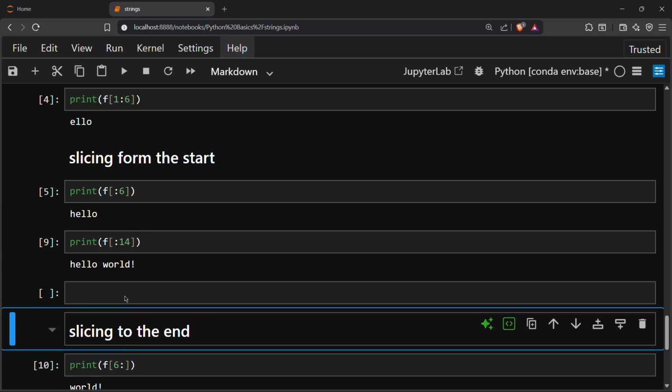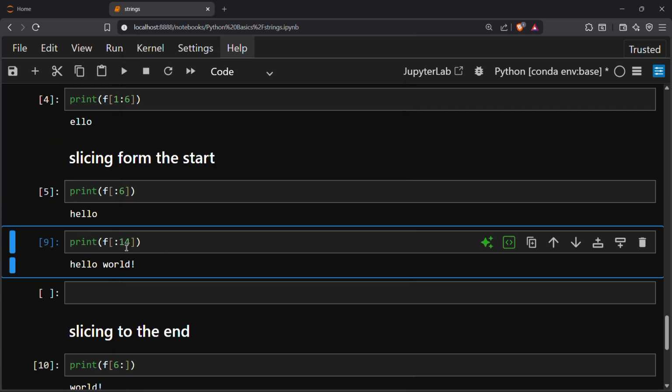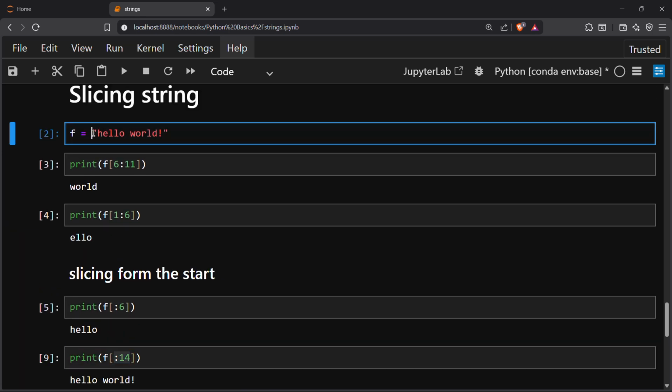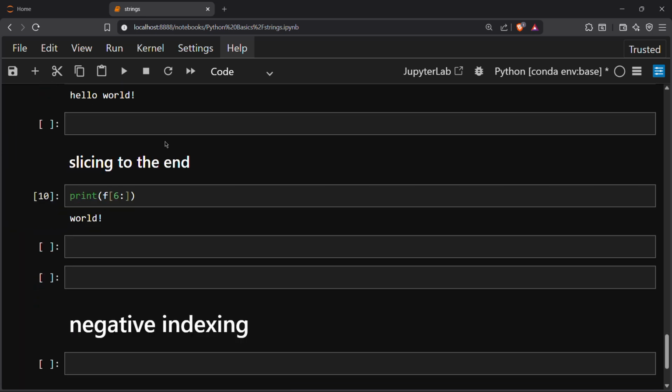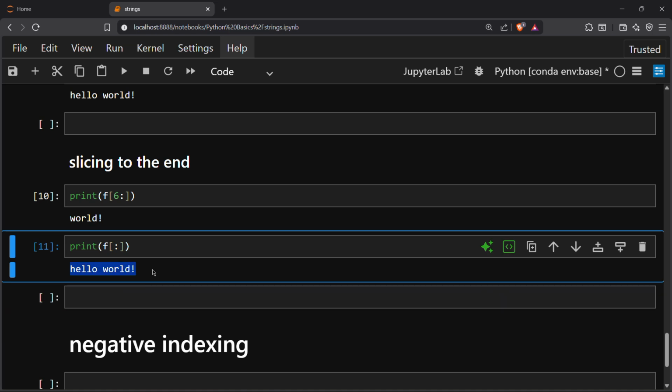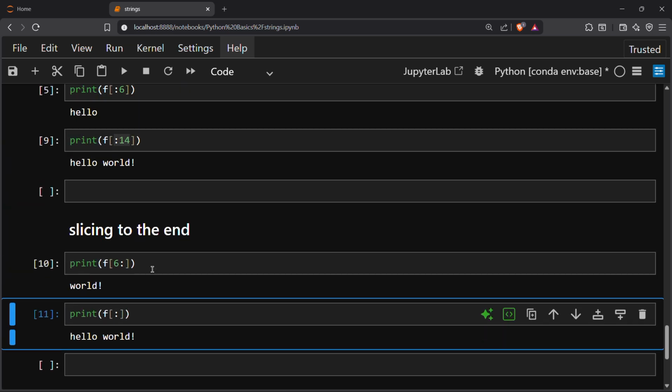One more thing: if we leave both indexes, the return will be our full string, the whole string. We can try this here. Print f, and I will leave both indexes and run this. So our whole string has been printed on the screen. So this is how slicing